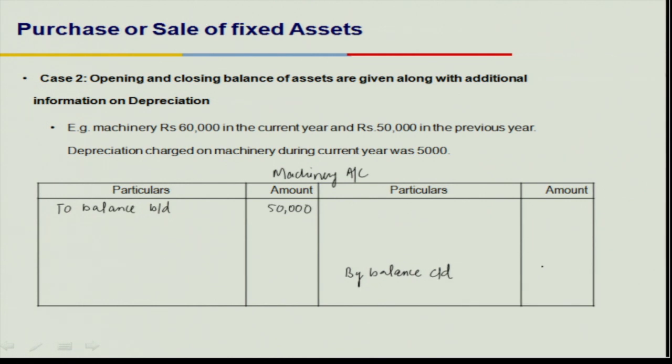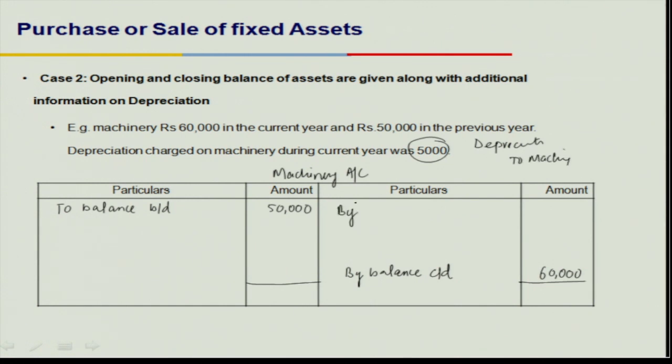And closing balance is 60,000. Now the additional information says depreciation was charged on the machinery equal to 5,000. Now we know the entry for this would be depreciation debit to machinery account,